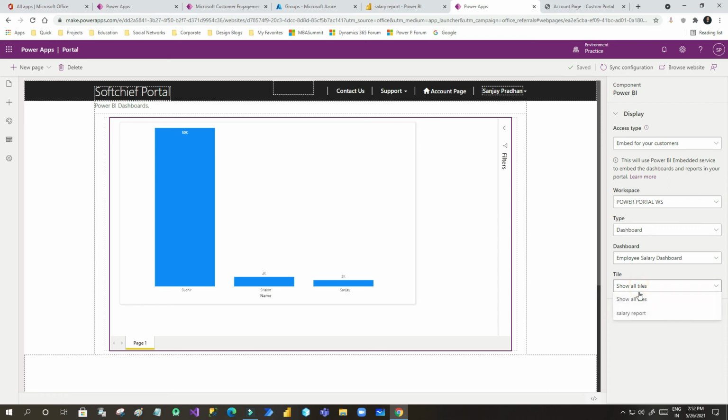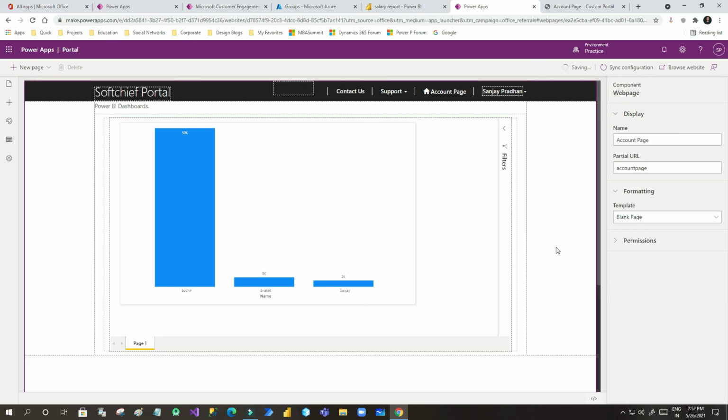Now here I can choose show all tiles. You can also select different tiles to display, but if you want you can also choose show all tiles, right? Now let me go outside so that it will save.